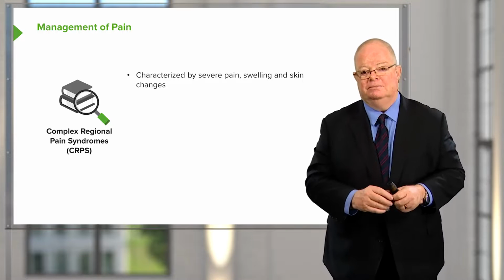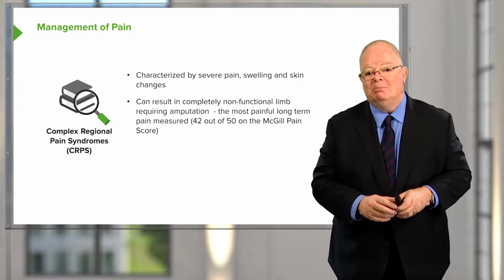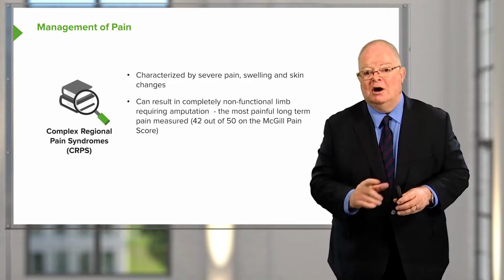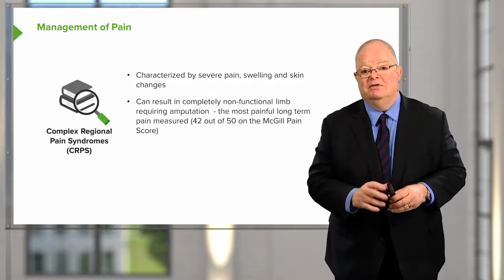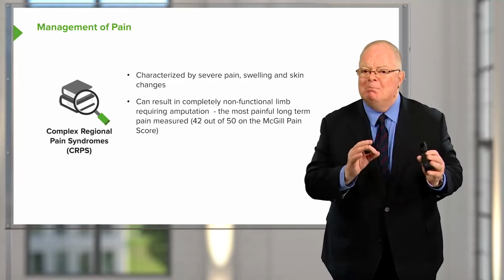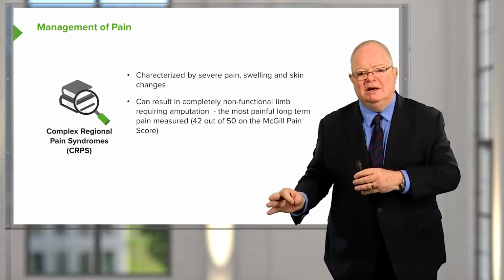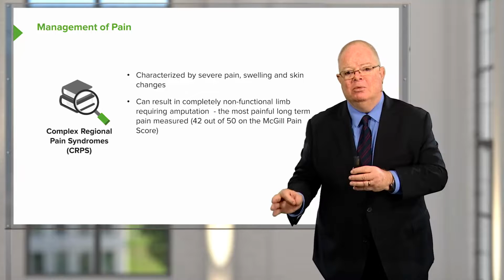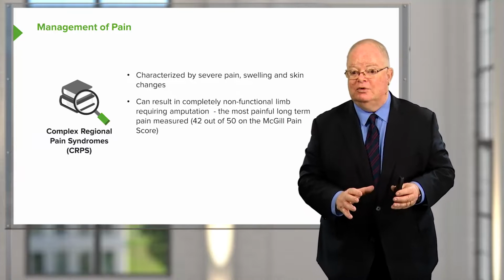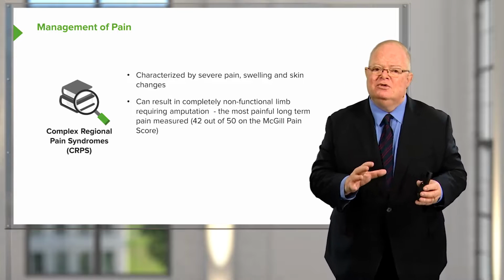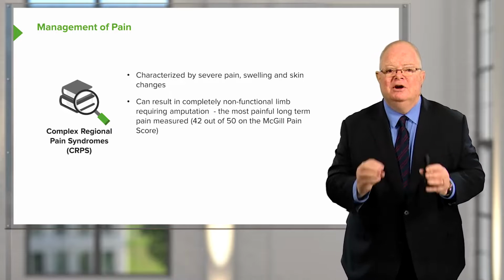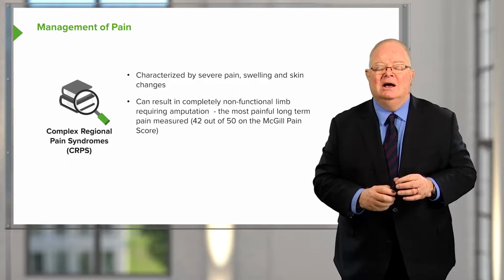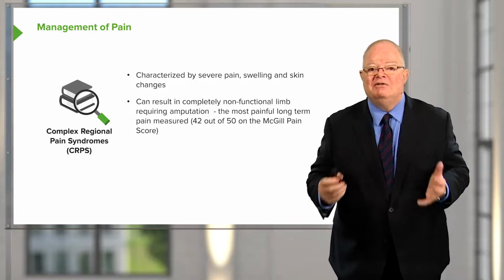None of them worked. She chose to have an amputation of her dominant arm to get rid of that pain. She had a minor injury. She ultimately, 2 years later, ended up having her dominant arm removed, and she was thankful for it. So this gives you some idea of how severe this problem can be and how devastating it can be to